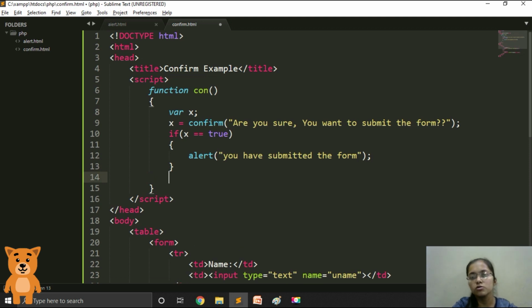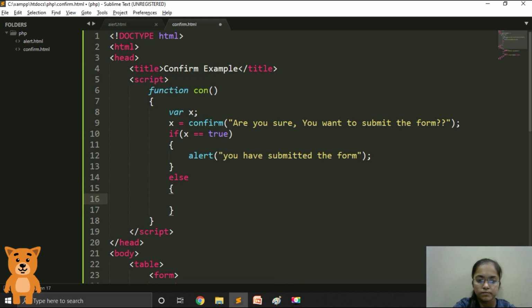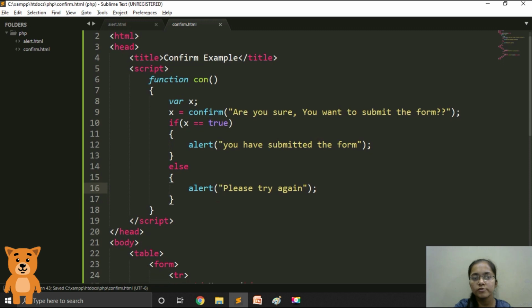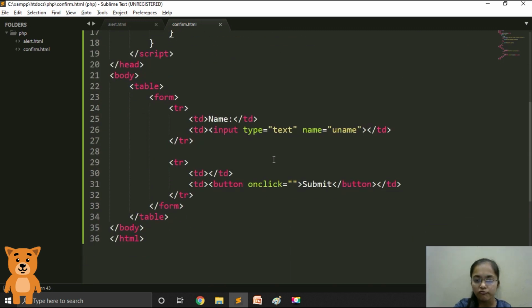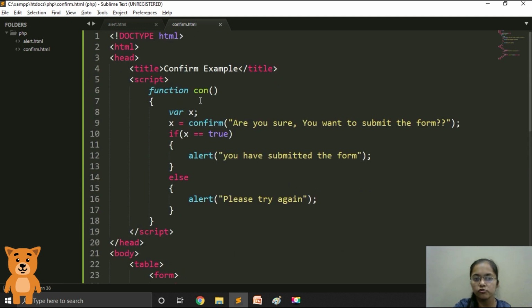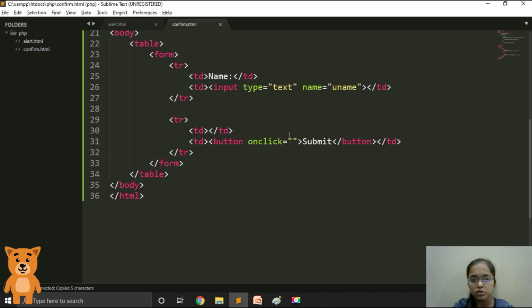And if the user has clicked cancel, then we will show an alert message: please try again. So this is how the confirm.html looks. And when the button is clicked, we have to call the function. So let's give the name of the function over here.